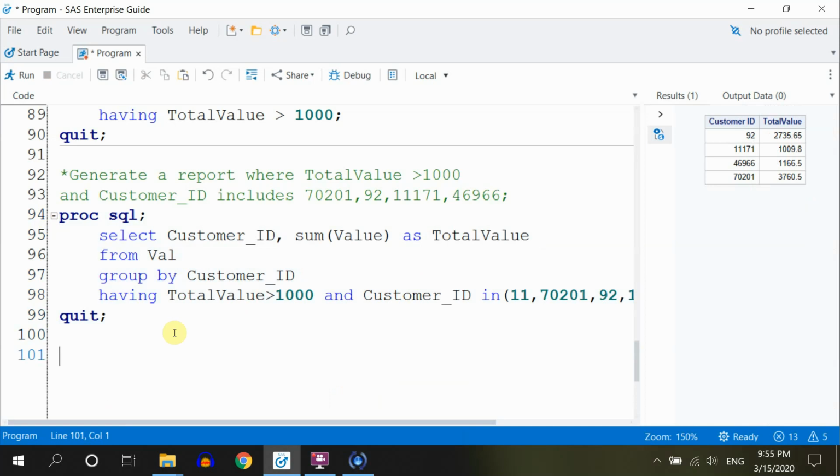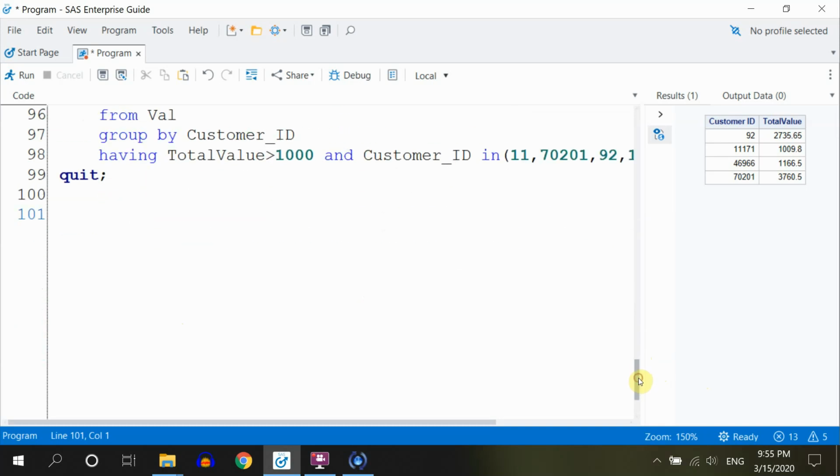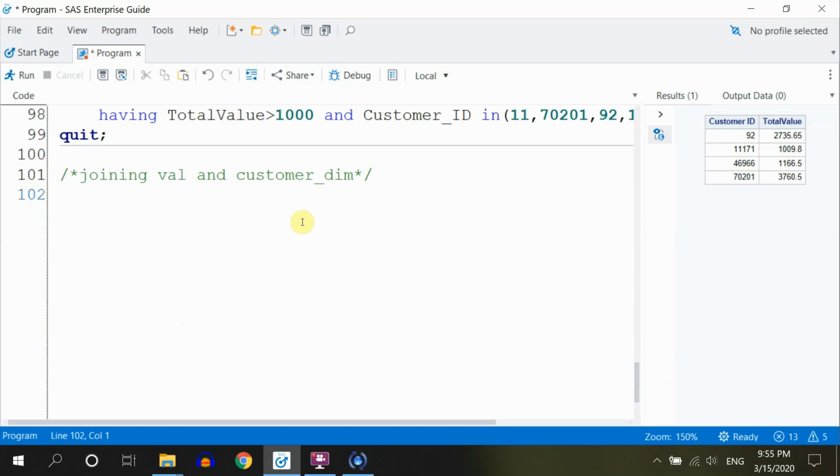And what we're going to do now, we're going to merge two data sets. Okay, so we're going to merge the val data set and also the customer dim data set from SAS. So joining val and customer dim, because we know our IDs, but we do not know who stands behind those IDs. So Proc SQL, so let's imagine that somebody asks you to provide the list of people with their addresses